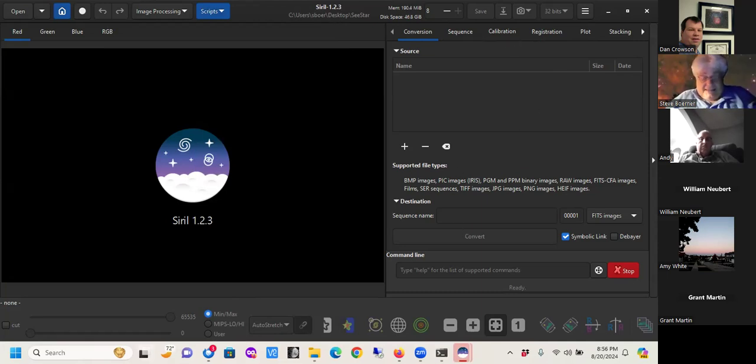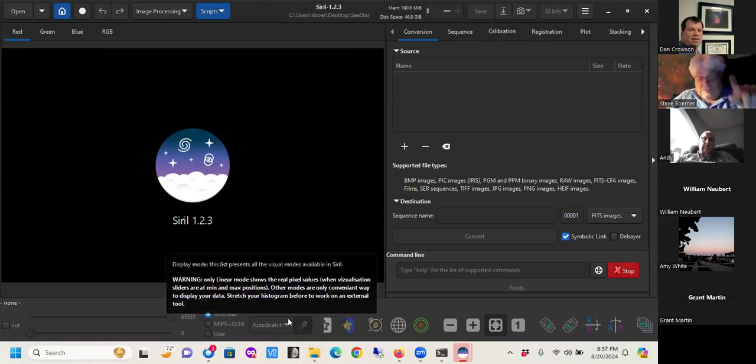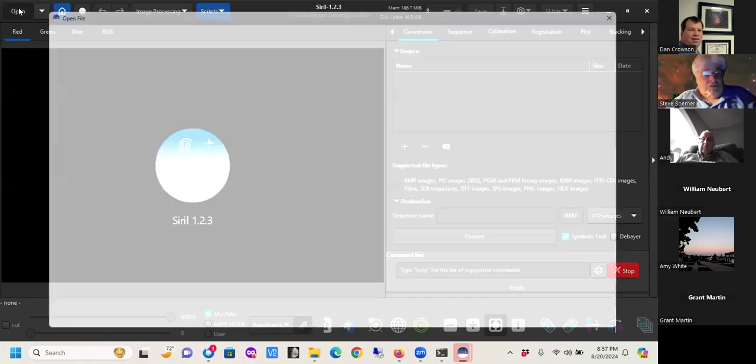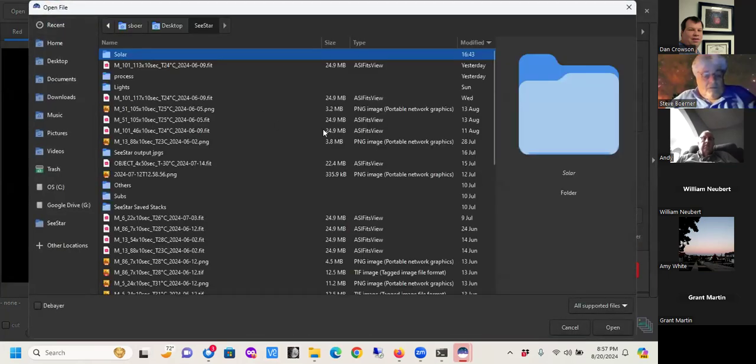A couple of things down on the bottom. Oops, there's why I got something in the way. You'll notice down here it says auto stretch. When we first load this, we're going to be auto stretched. And down here, I'll explain the rest of those things in a second. I want to open a picture. Open. And I want to look for